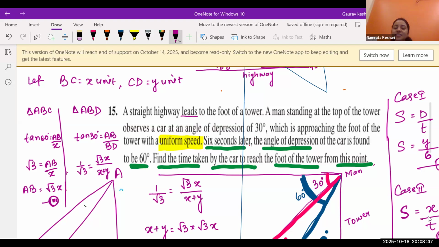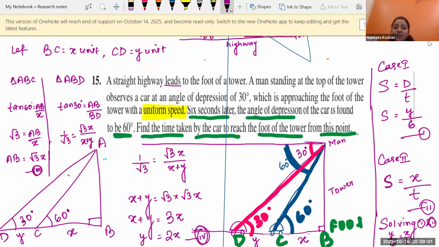Is it making sense how we are approaching this question? Yes, ma'am. Have you noted it, Salwa and Afshin? Yes, ma'am. Okay, when you solve questions from here, this is the trickiest question from this exercise. You can see everything is there already: two times angle of depression, and apart from that they have introduced speed,